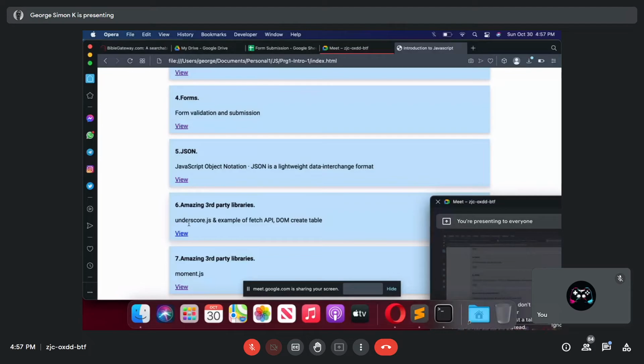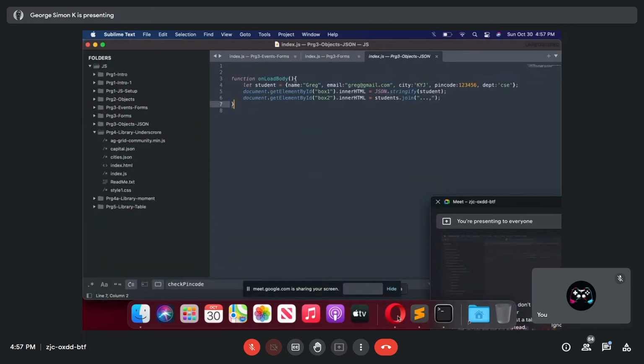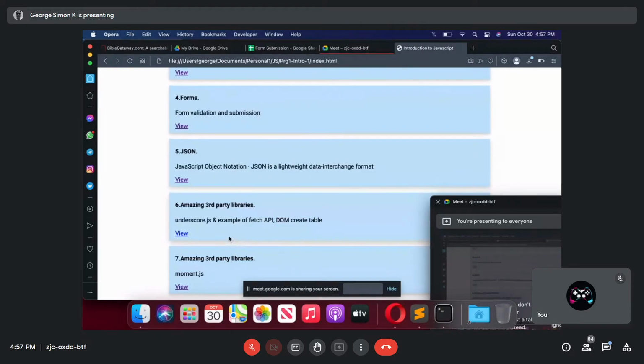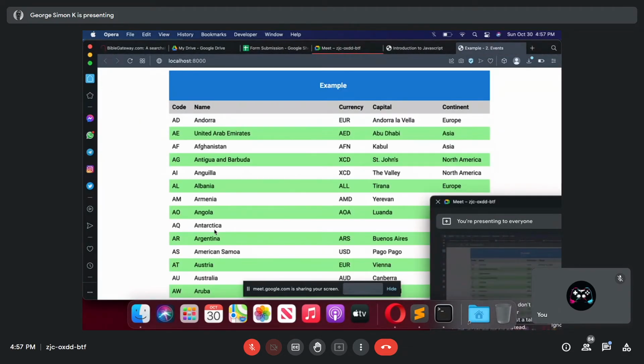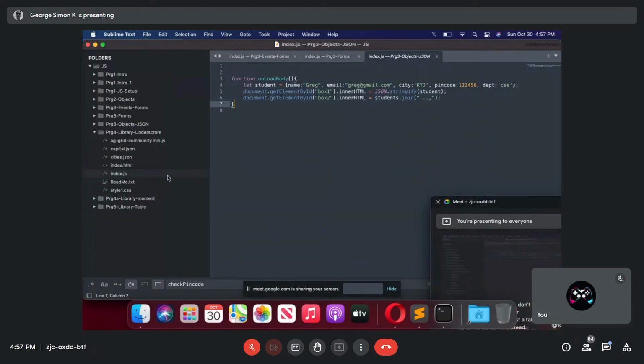So this example, I'm going to use Underscore.js, one simple method I'm going to use. And also I want to share a fetch API, fetch in JavaScript, and the document object model where I can create a table. Let me take this example. So in order to run this, I'm loading actually a DB in the form of a file. So I have to start a very lightweight server in Python, very lightweight. Basically display the country code, country name, the currency, few details. And this is my source code.